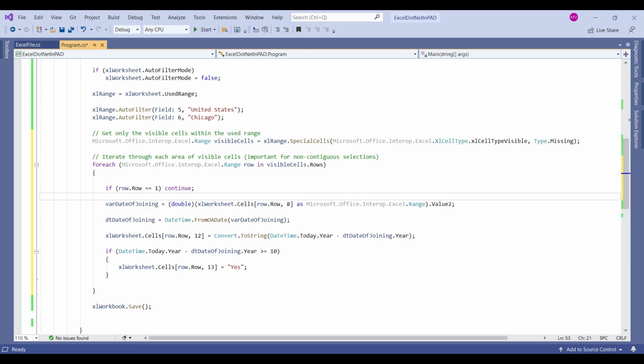Now when we are working with the dates in an Excel, if you have a date defined, here in this case date of joining is at the 8th position, you get the cells row.row 8. So whatever iterations are happening, we want to get the 8th column date of joining of that specific row, and you convert that to a range and get value 2. Make sure to cast it as a double